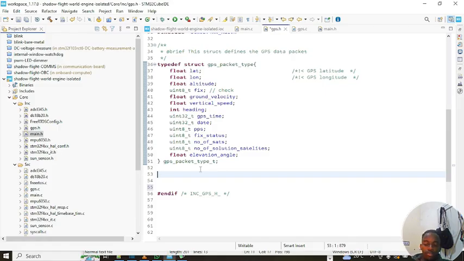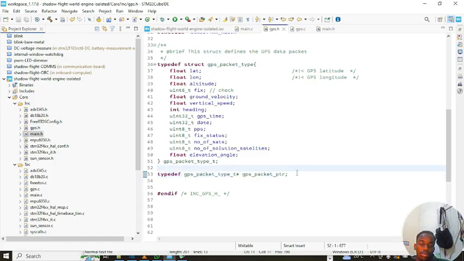But generally, you just define, I'll just say typedef a pointer to the GPS type. So GPS packet type T, pointer to that. I'm going to call it GPS packet PTR. So we don't have to type this pointer or anything, we only have this guy. Okay,